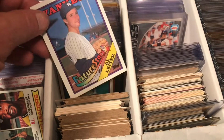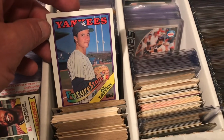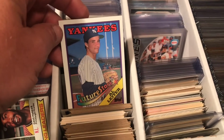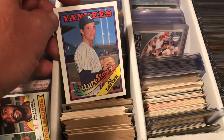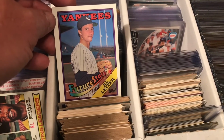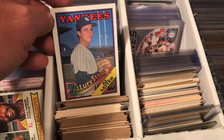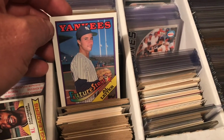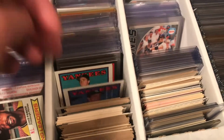You used to get these in early boxes. I remember going to Colorado as a kid and we stopped at a filling station. I grabbed some cards and I opened up the pack and got this. At the time, this card was like $5-6, which was a lot of money as a kid. And that's what the Beckett said it was worth. So my parents said, you want to go back and buy the rest of the box? And we did. And I think I got a couple more out of it. So